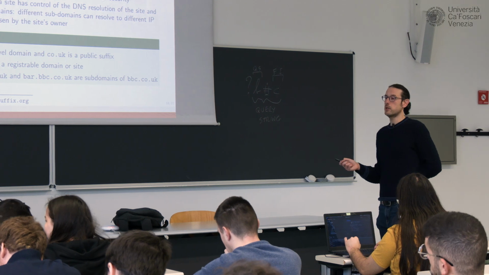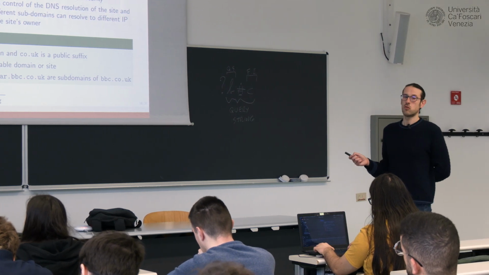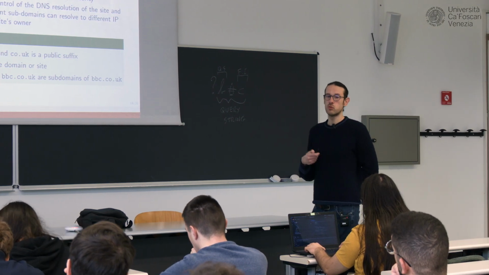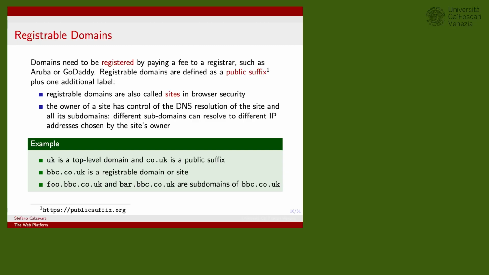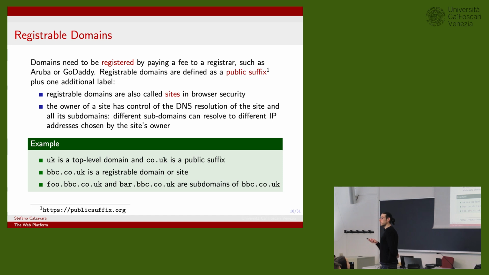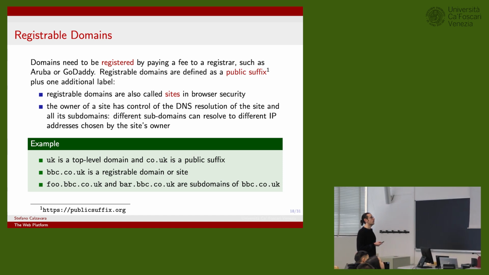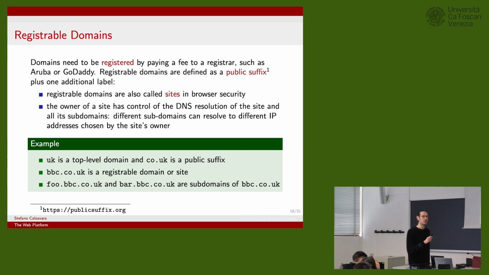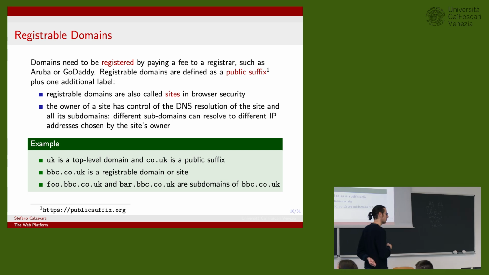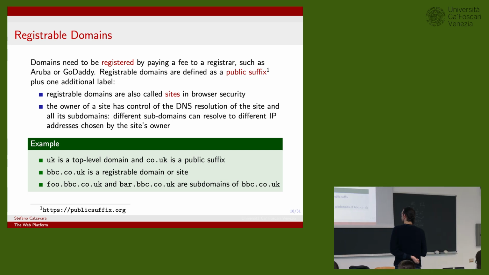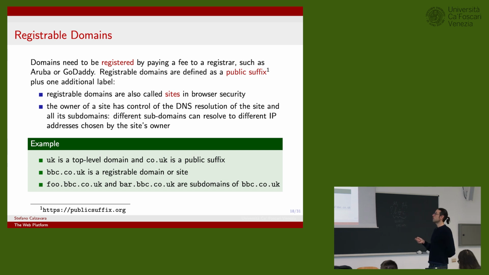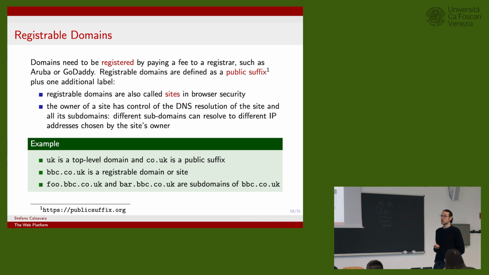Domains, as anticipated, must be registered. So if you want to use a domain, you have to pay for that. The price depends on the name of the domain, on the top-level domain, on the registrar, which is the entity in charge of performing domain registration. So you have to pay a fee. You have multiple services. Here I mentioned Aruba or GoDaddy without any advertisement purposes. I have no interest in these services, just to provide an example of popular ones. So if you want to buy a domain, you go to the web interface and you register the domain.